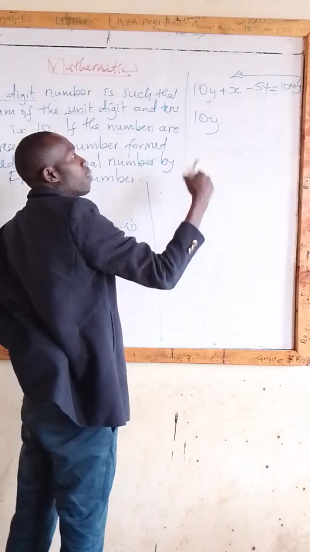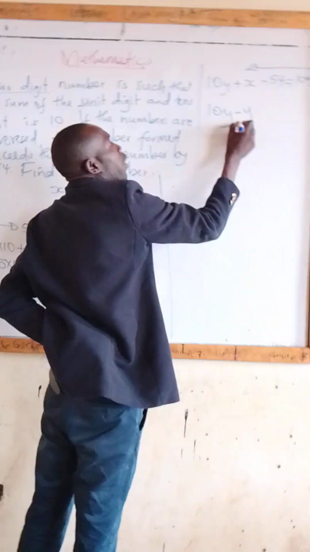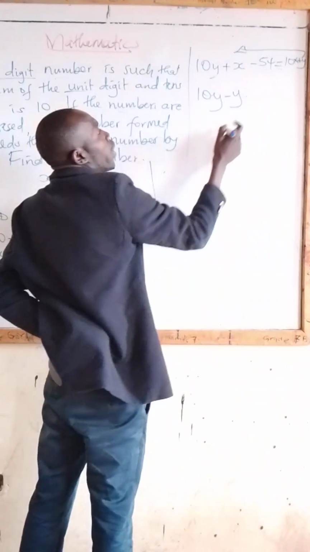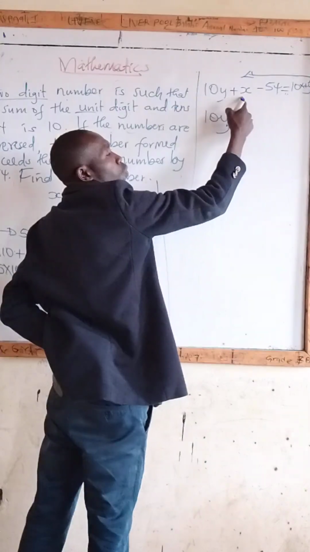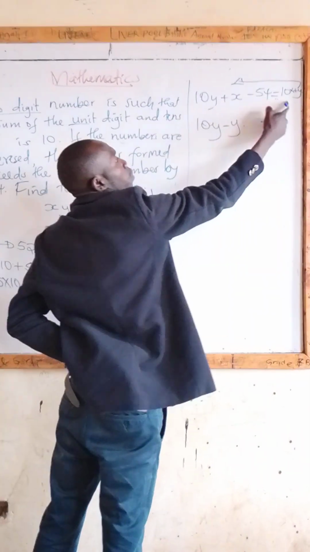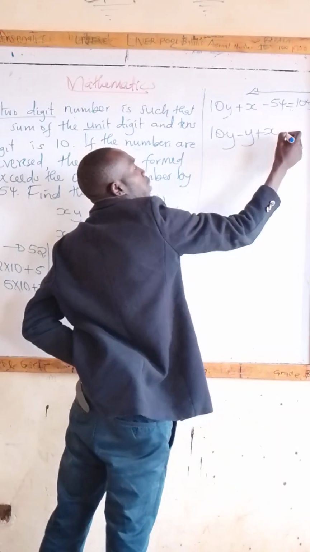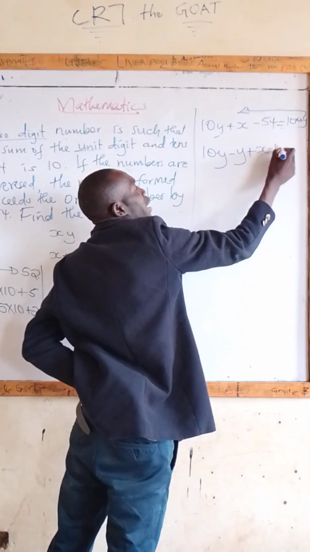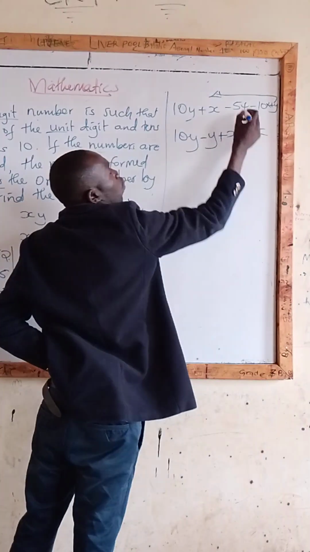When it is a plus, it becomes a minus. When it is a minus, it becomes a plus. So it will be 10y minus y. Then again, we have this 10x on this side. You can bring it close to this to form an equation. So we'll bring this 10x. When you bring it, we already have plus x, so when you bring the 10x, it becomes minus 10x. Is equal to, now we can take this